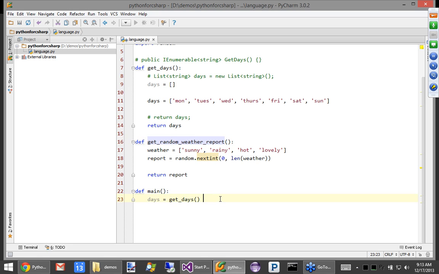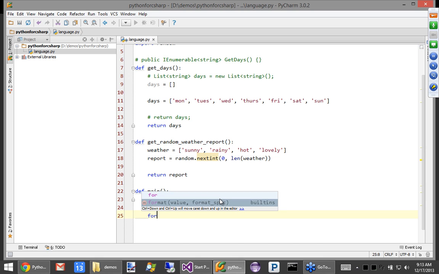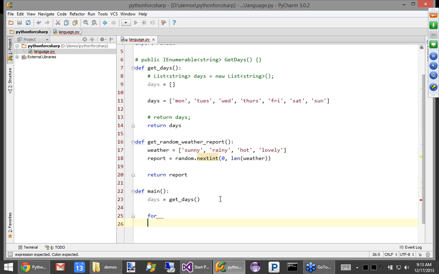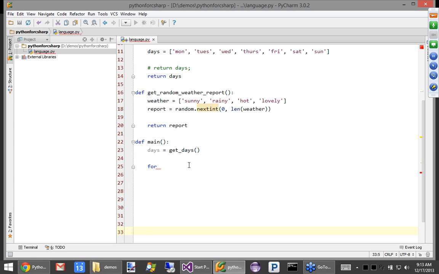So down here, I'm going to go through this, and what we would do in C# is we would probably write a foreach loop. Over here you'll see that we can write a for loop, not format, a for loop. However, the for loops here are not like C# for loops. They're more like foreach loops.